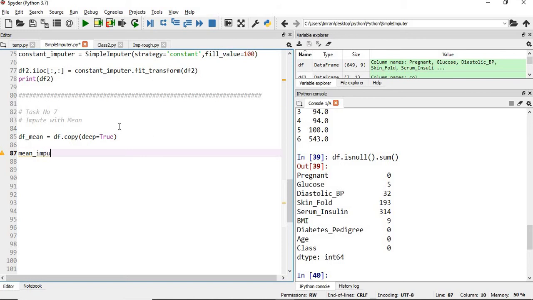which is equal to SimpleImputer. If you see here, df is my original data set, and I am trying to take a backup in df_mean. I have created a mean imputer where the strategy is mean, and in this case, if you execute this,